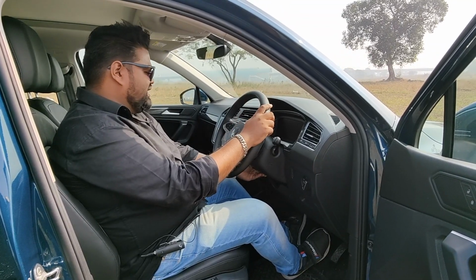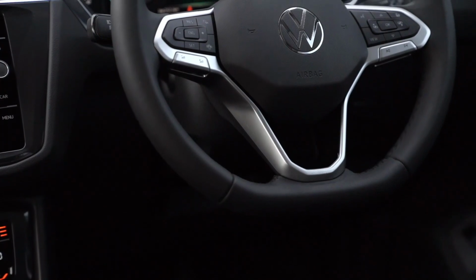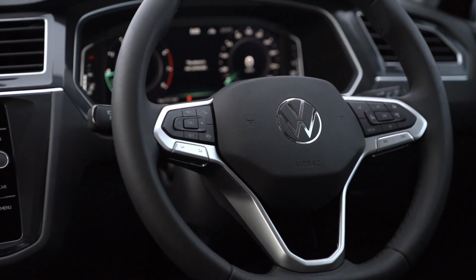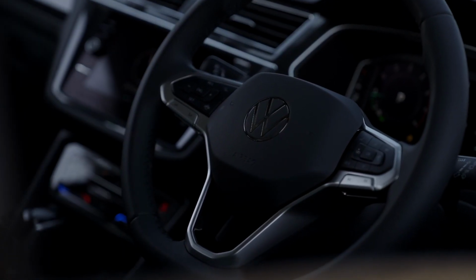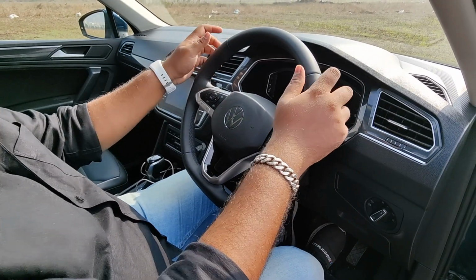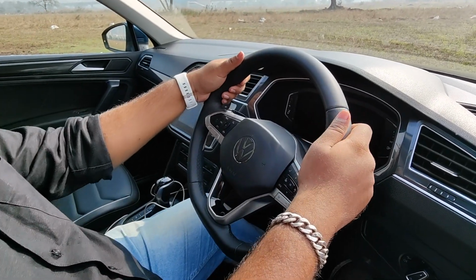The steering wheel as well is adjustable for height and reach. So yeah, finding that driving position which suits you the best is absolutely easy. The steering wheel also has leather finishing all around. You get heated steering wheel. Again, I don't understand why Volkswagen chose to keep this feature in this car. A cooled steering wheel